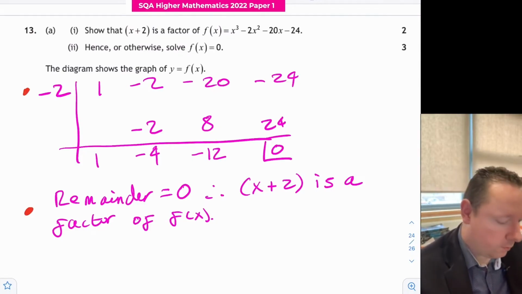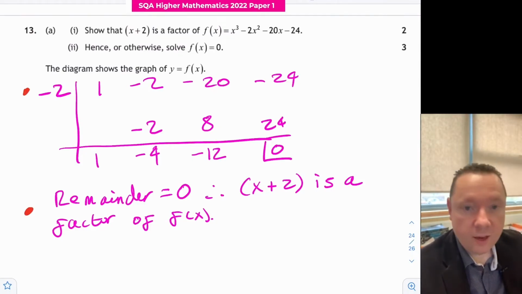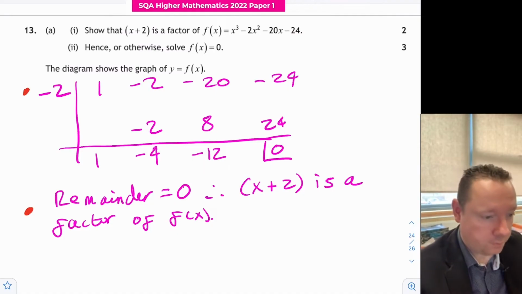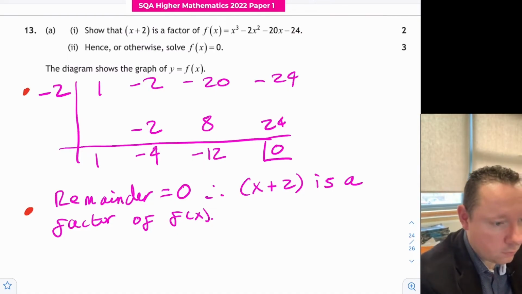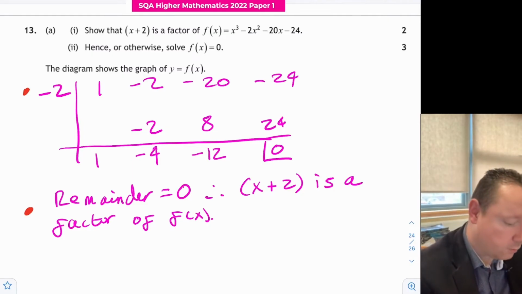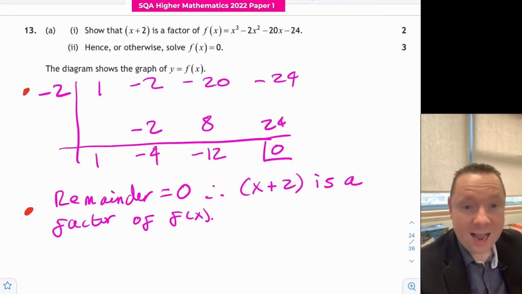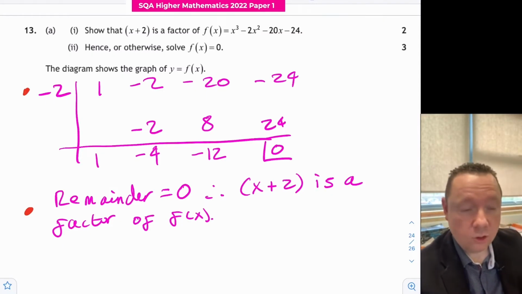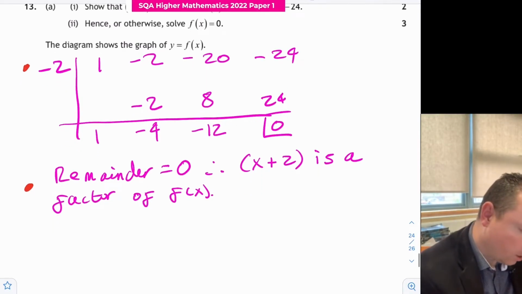Okay, let's move on to part 2. Hence or otherwise solve f of x equal to 0. Now, this is where the power of synthetic division comes in. If you've already done synthetic division for part A, you already know this. If you haven't done it for part A, then you're going to have to divide through. But let's just assume that we're doing it this way. So for part 2,